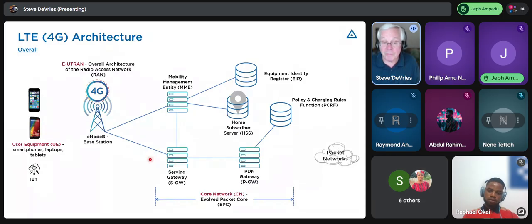In that case, you'll set up a separate GTP tunnel, but you'll always maintain this PDN gateway as your anchor point, unless you move totally out of the network. If you move totally out of the network, then you would lose that connection. In other words, you would lose that IP connection, because a PDN gateway in one network does not talk to a PDN gateway in another network.